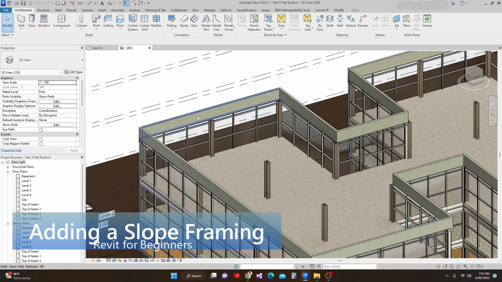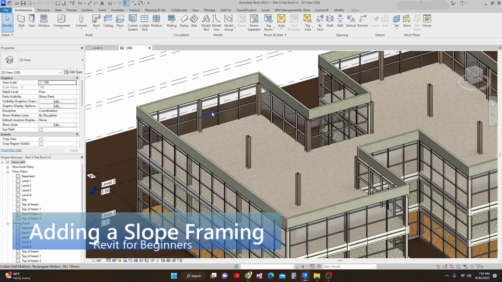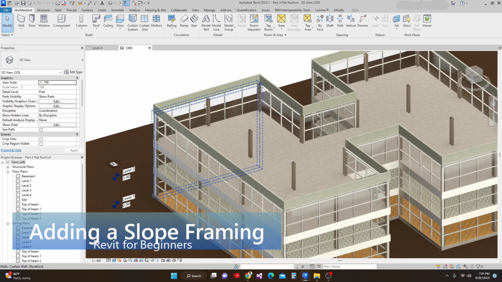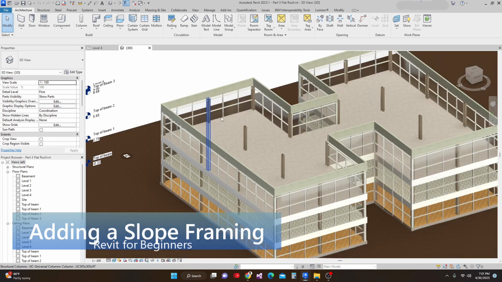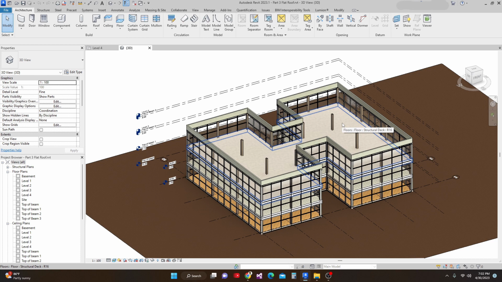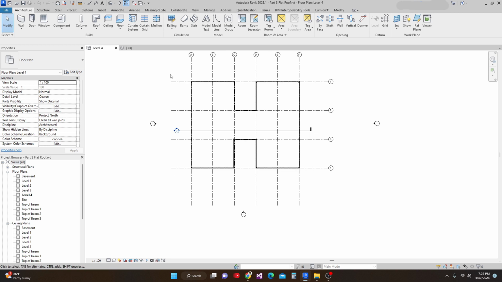system framing also I have deleted, because what I'm going to do is we're going to make a beam all around, a sloping beam, and this one we will lower all this middle, and we will create a beam on that. So next I'm going to go to level 4, and in level 4 I'll select all,